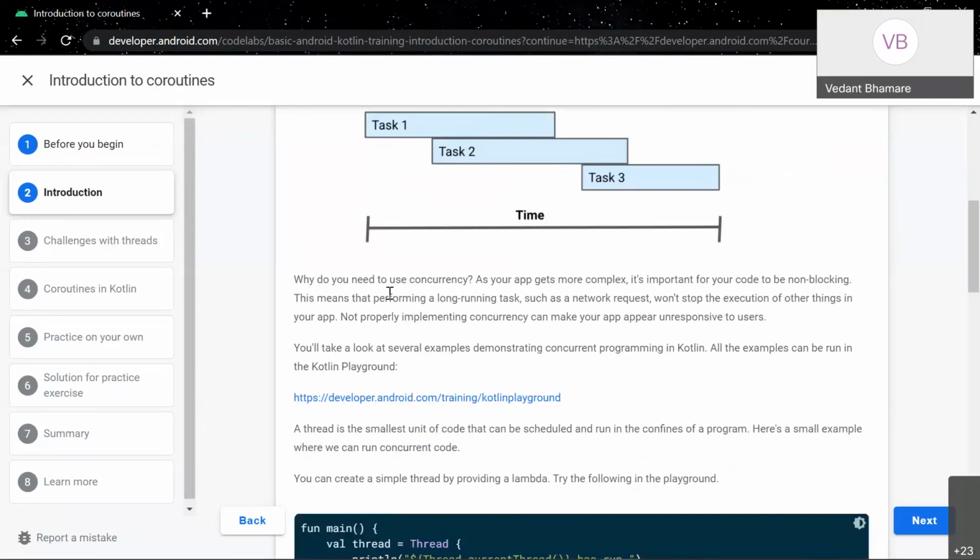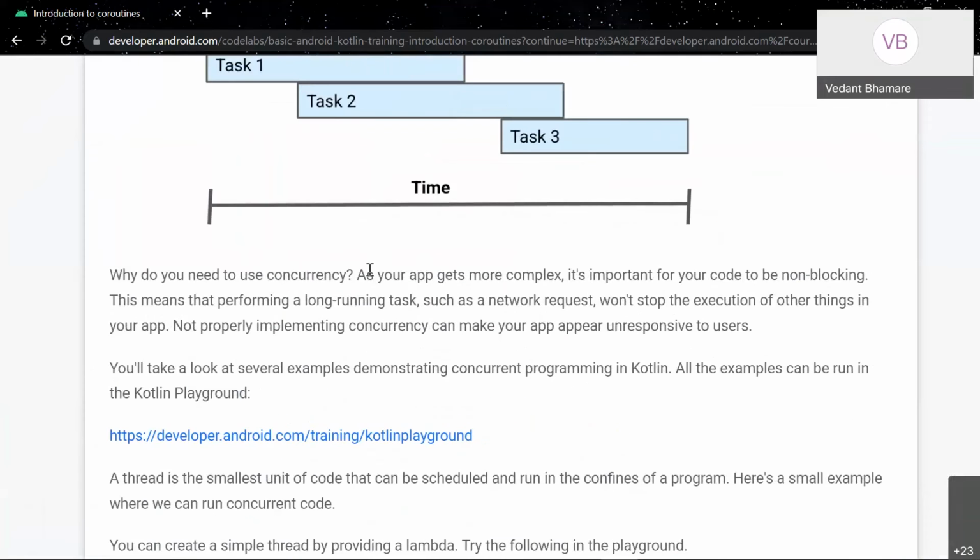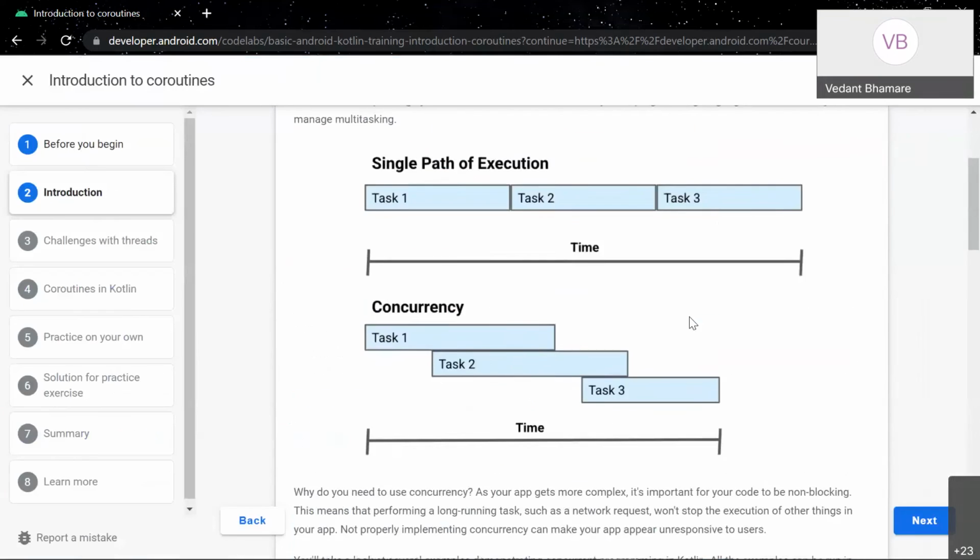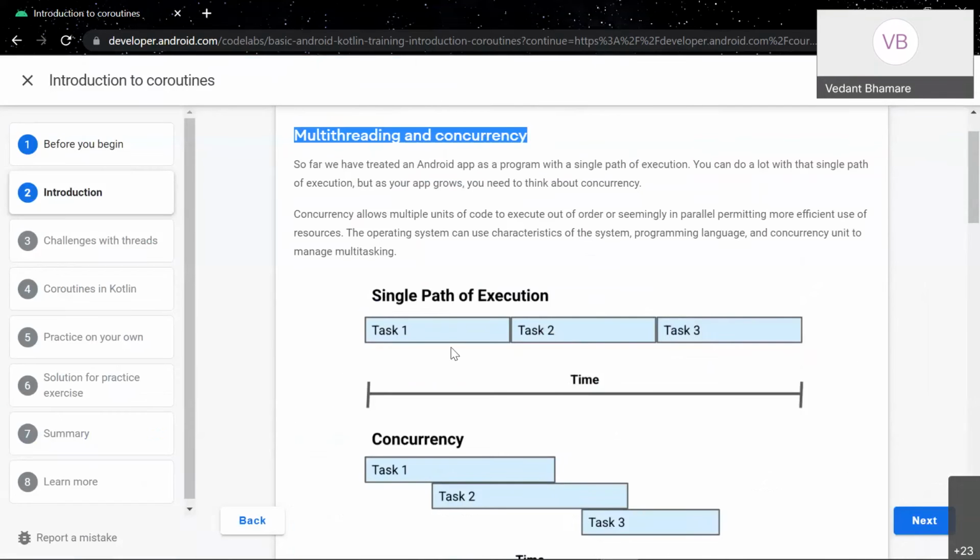So why do we need to use concurrency? As your app gets more complex, it's important for your code to be non-blocking. One more thing I would like to say: at this point, the applications we are building are very small and they don't take much resources. But when you're building very large applications like Udemy or Zomato or Swiggy, there is a lot of data being fetched from the internet.